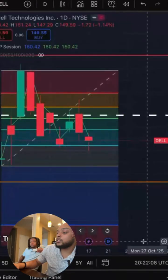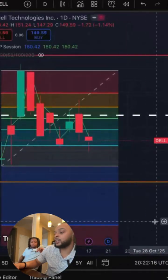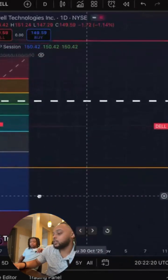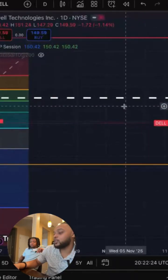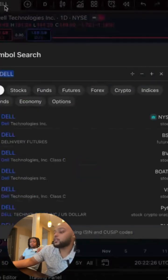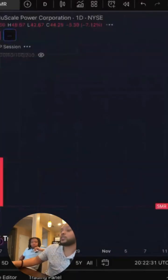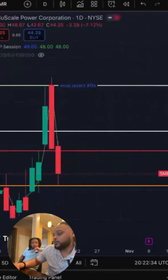My expiration is for November 21st. So even if this play doesn't play out by next week, I still have more time on this contract, all the way till I can't even bring it up on the chart. And that's the difference, right? When you're understanding how to move these contracts, implied volatility, all of these things,